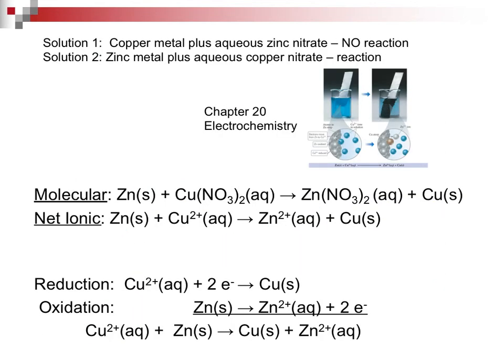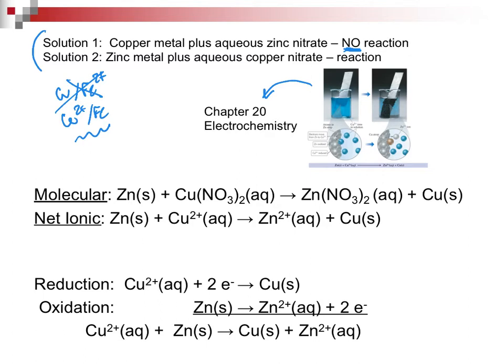So let's get a little bit deeper. In order to understand what's going on, people ran reactions. These two reactions, one had a copper metal with an iron 2+ solution. The other one had a copper 2+ solution with an iron metal. When people did the reaction, what they found is the first one had absolutely no reaction. What they saw was reaction with the second solution, and I stole the picture out of chapter 20 on electrochem where we go into more detail.